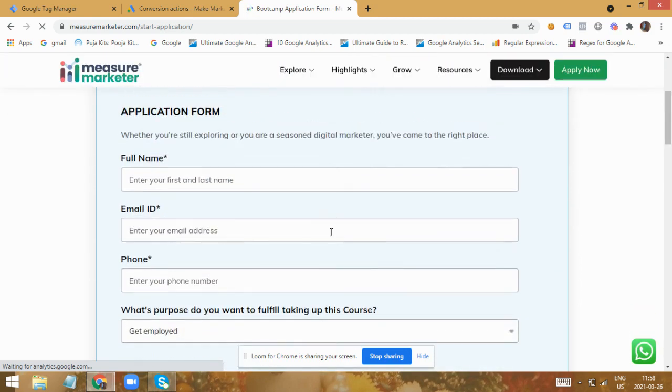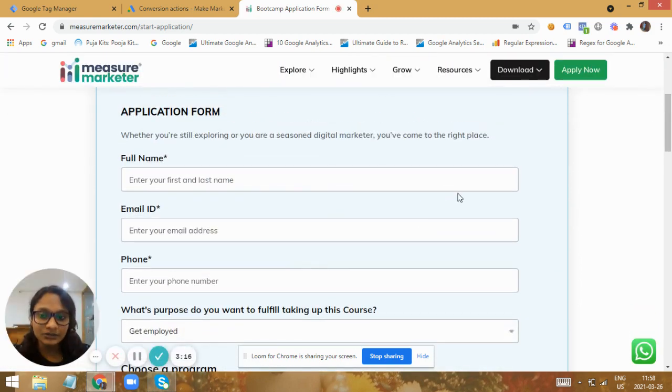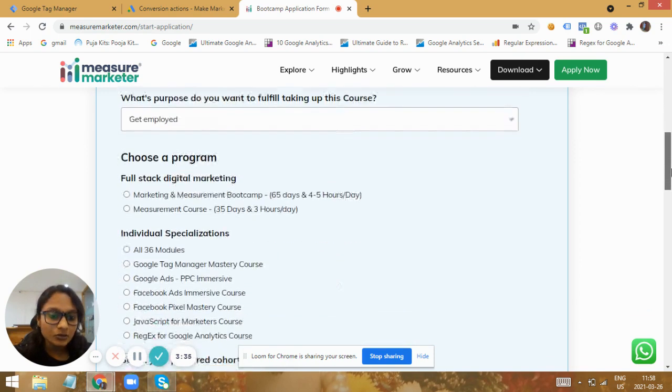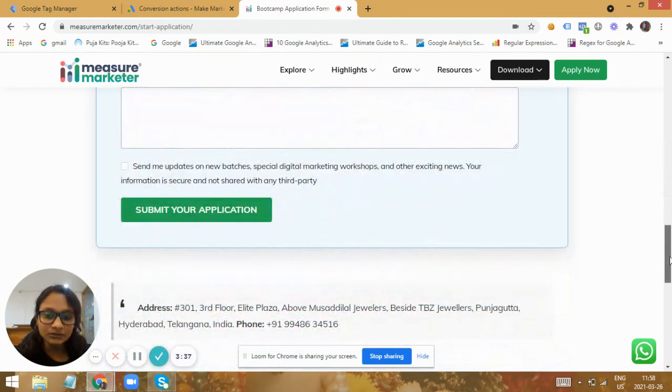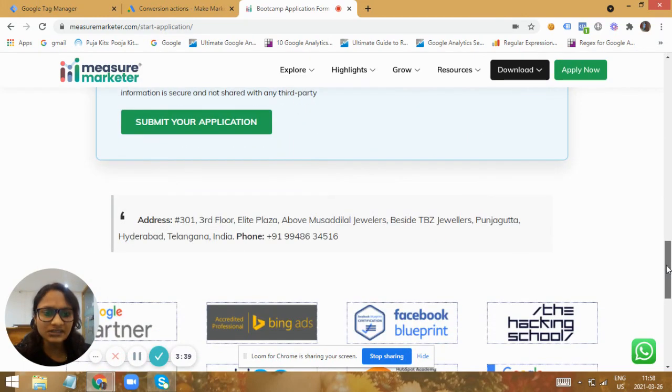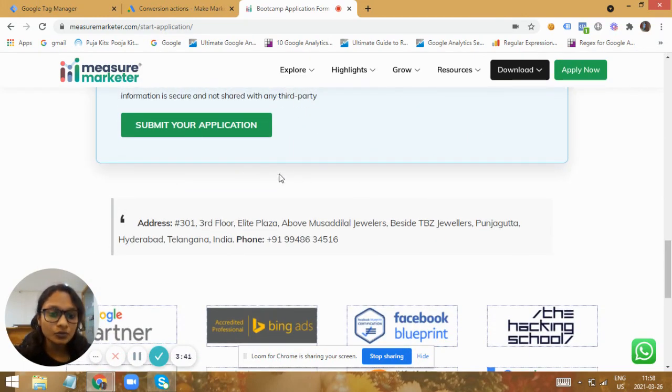Whenever users fill this application, we would like to track the kind of application they have filled and the user ID of the user, so that we can further create an audience for those users and target them again, or give it to our leads team, where they would manage all the leads and make it a conversion. So whenever the users reach this conversion page, we need to track it as a conversion.